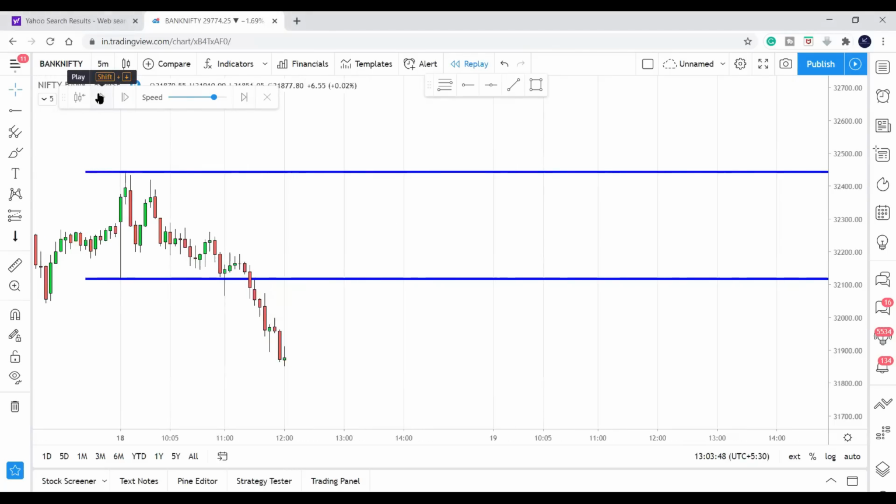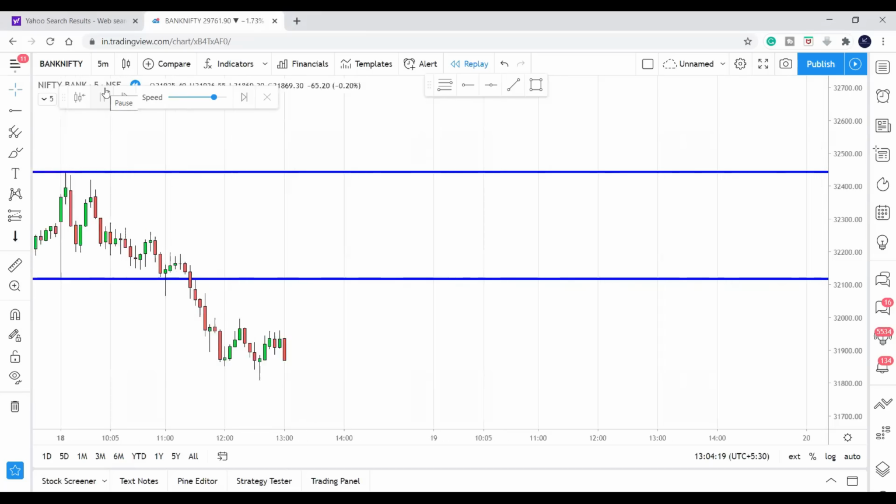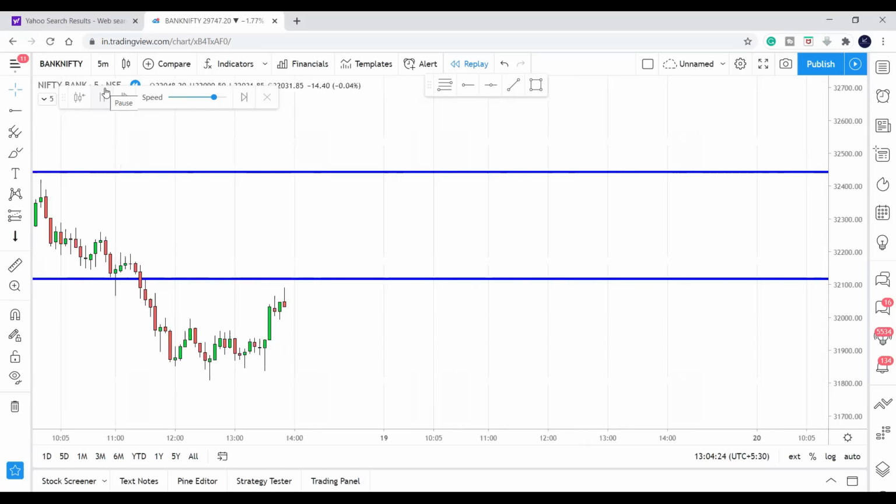Don't do anything. Don't fear about missing the opportunity. Okay, don't think, oh, I should have entered here. Look at this, the market already went here. I missed the opportunity. Don't worry, the market will open tomorrow also. So just show that patience and discipline that you already decided. You will only take the trade whenever the market comes and retests that breakout line. It's almost 2 hours. You did not get the opportunity. You are feeling that you missed the opportunity. Now let us see what happens.